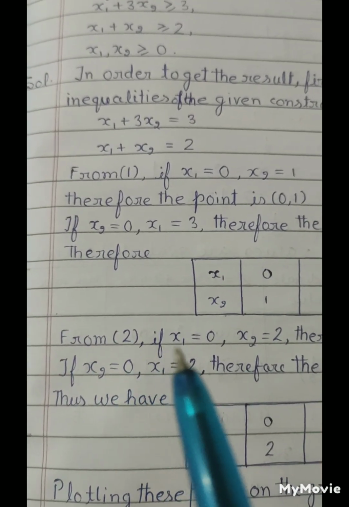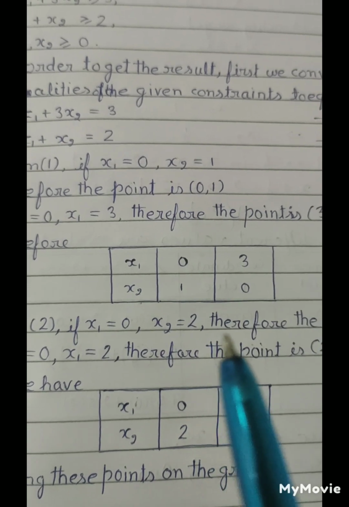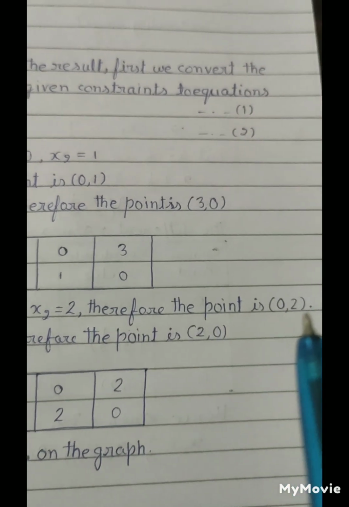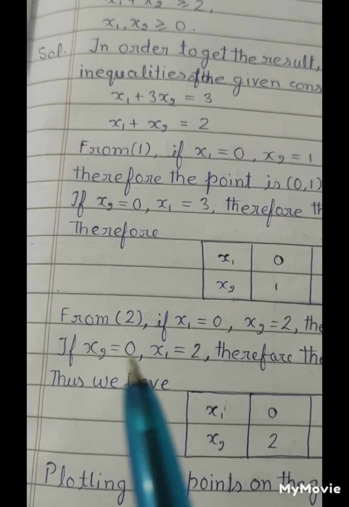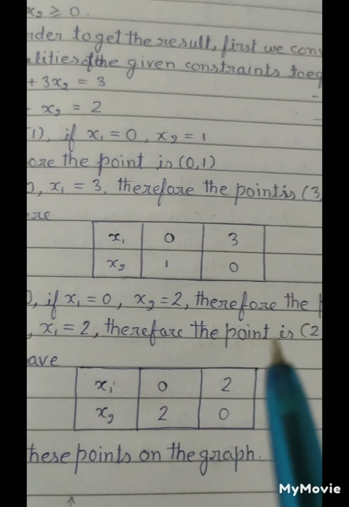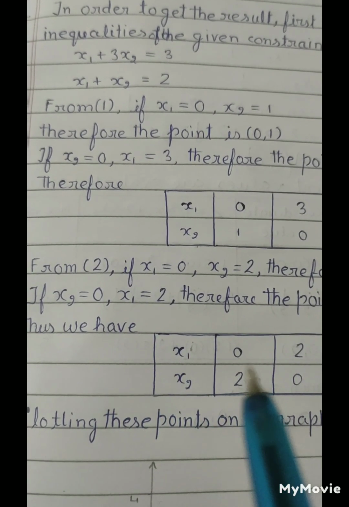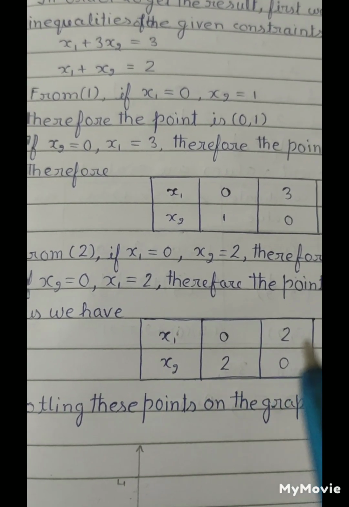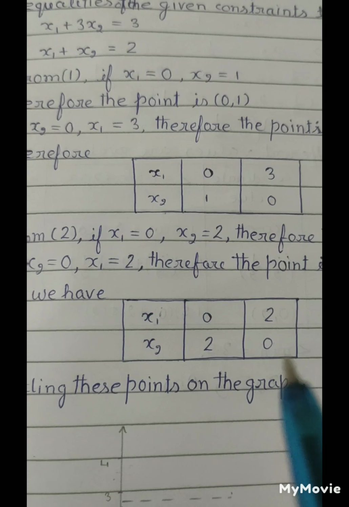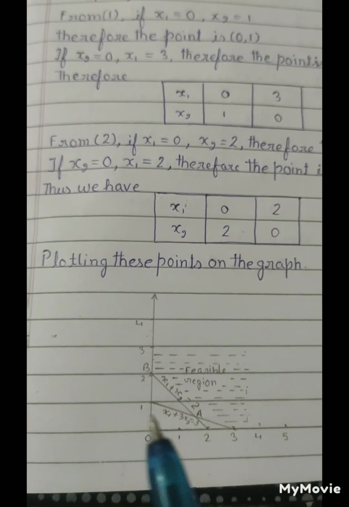From equation 2, if x1 is 0, x2 equals 2, therefore the point is (0, 2). And if x2 equals 0, x1 equals 2, therefore the point is (2, 0). And thus we have x1 is 0, x2 equals 2, x1 equals 2, and x2 equals 0. Plotting the graph,